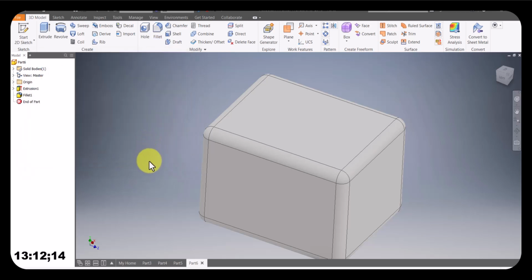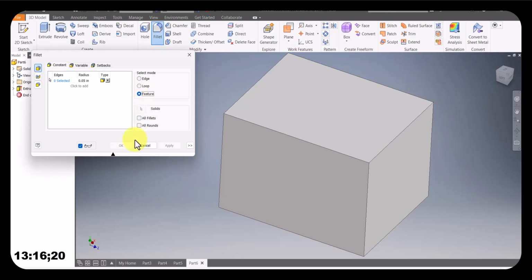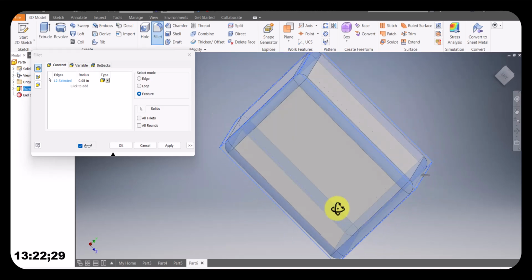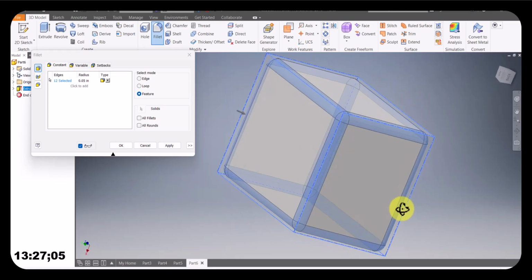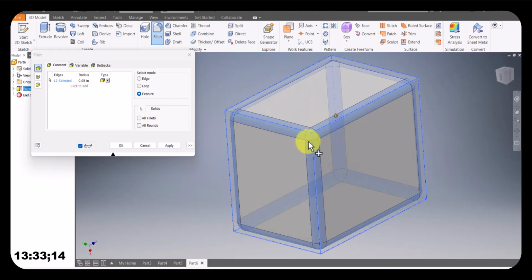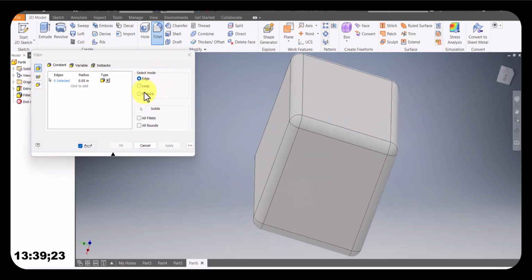So let me undo what I've done. Fillet again. Now for the feature mode, once you apply it to the object, it applies the fillet at once to all the edges in the feature, all the edges in the design. It applies a fillet of radius 0.05, or any desired radius, to all the edges in the design that you have made. So now you can clearly see the difference between using the edge mode, the loop mode, and the